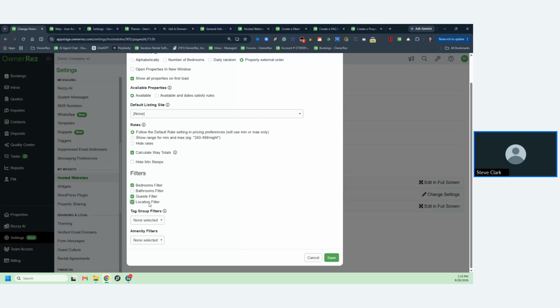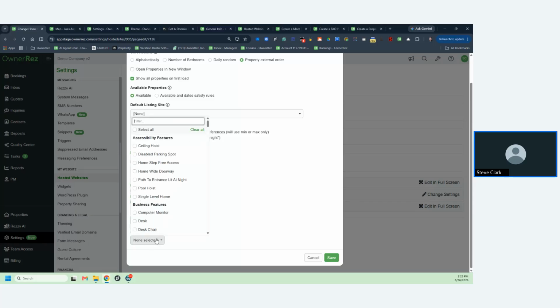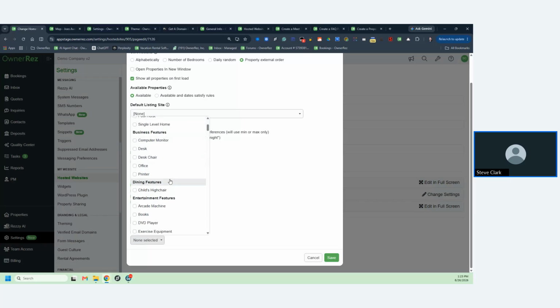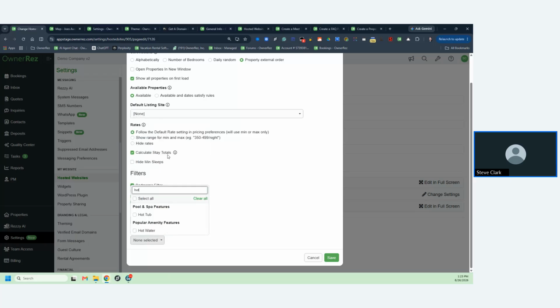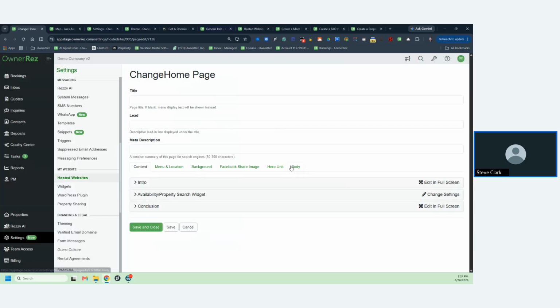I want them to be able to look at the ones in Virginia Beach different than the ones in Georgia or whatever. I could also add bathrooms. I could also add amenity filters. Let's go ahead and do that. I want people to easily be able to find, maybe in my market, hot tub is the number one amenity. So I want people to easily be able to filter whether it's got a hot tub or not. So just by setting those couple of things, now when I go back to the homepage,